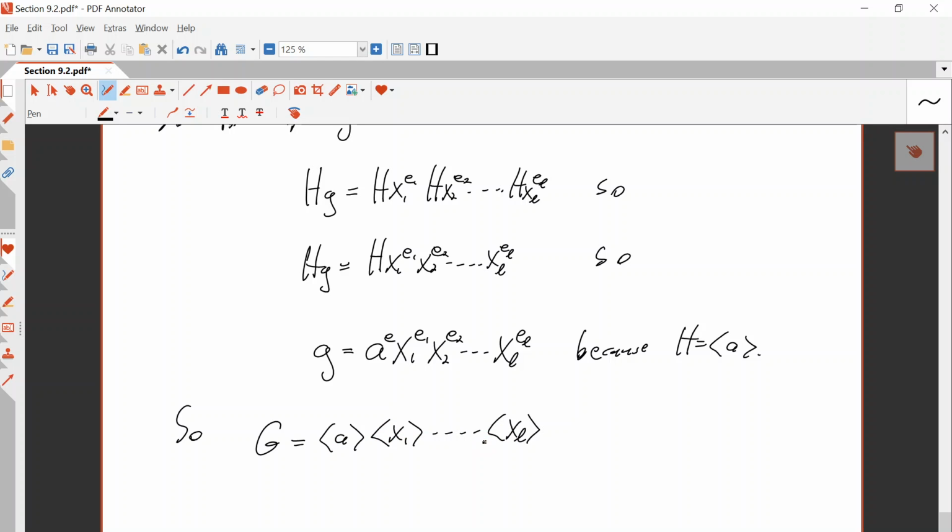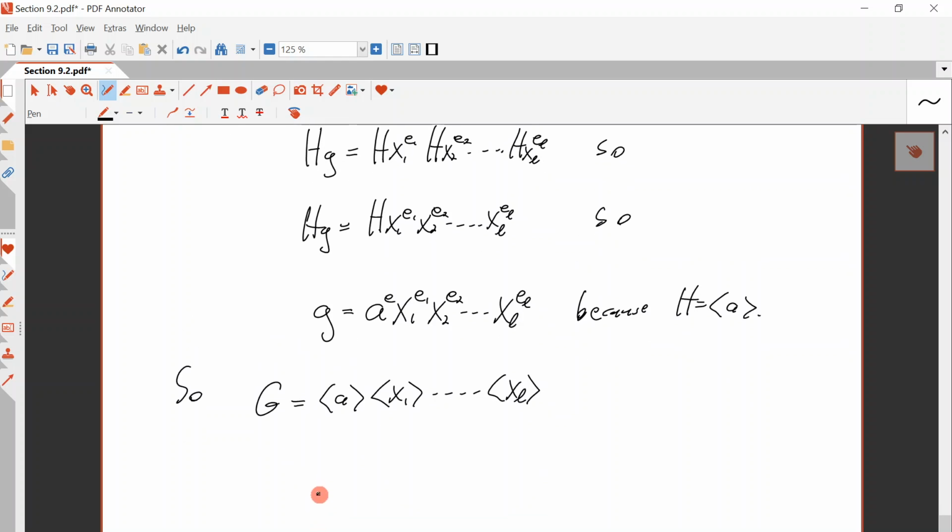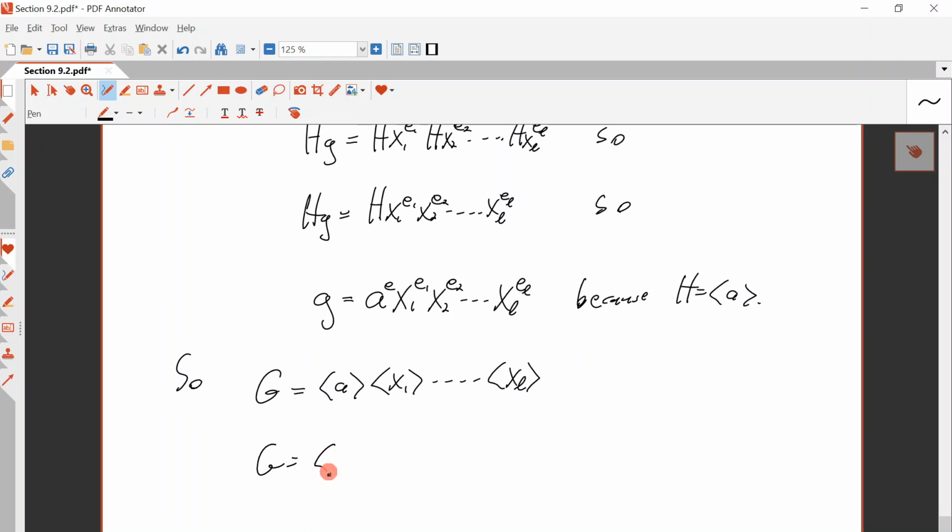XL. All right, so we would like to conclude that G is A cross X1 cross XL, not equal, but isomorphic to that. You would like that it's isomorphic to that, but it need not be because these guys might intersect. Okay? So G is a product of those guys. Okay, what we will do now, so to complete the proof,